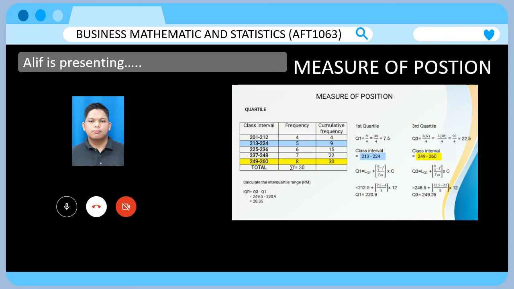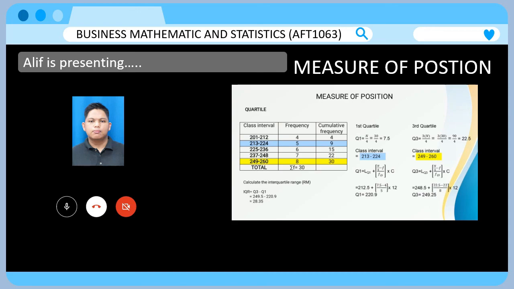For the first quartile, the formula is the lower boundary of quartile 1 plus n over 4 minus cumulative frequency over frequency of quartile 1, multiplied by class width. So we put the numbers: 212.5 plus 7.5 minus 4 over 5, multiplied by class width 12. We get the answer for quartile 1 is 220.9. For quartile 3, the formula is quite the same: the lower boundary of quartile 3 plus n over 4 minus frequency over frequency of quartile 3 and